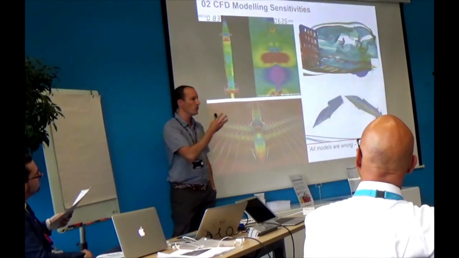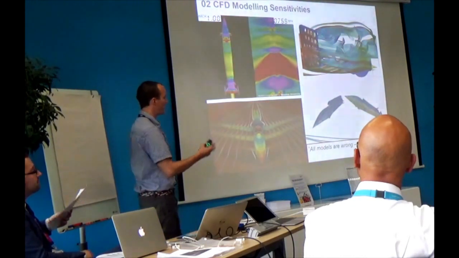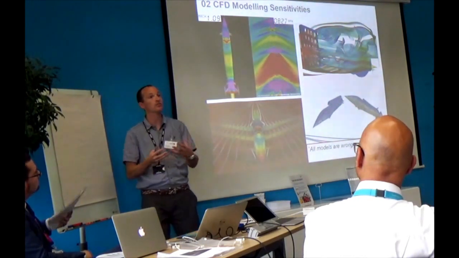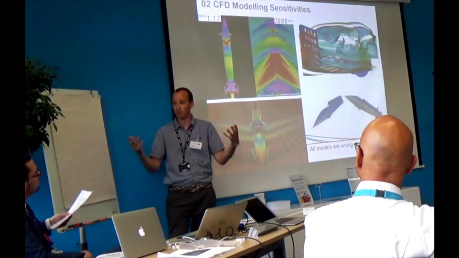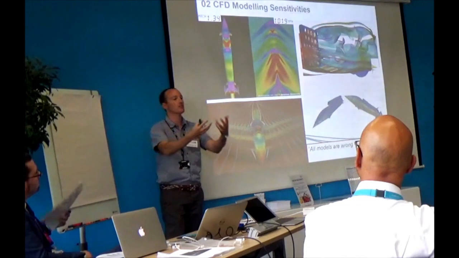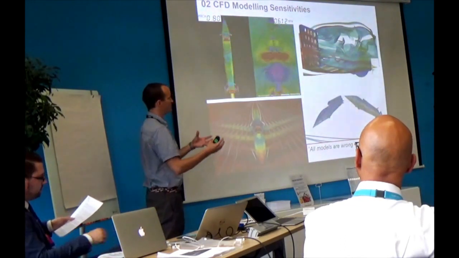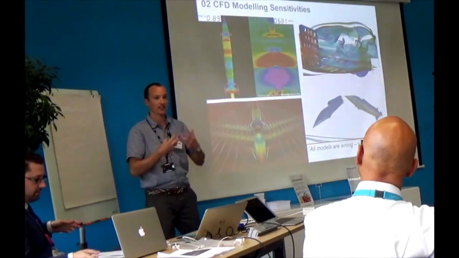So one of the things that we know is going to affect the ability of our models to accurately represent the behaviour of the car is the fact that the car won't be running through pure air. It will have a soup of particles and dust being entrained into the flow around the car. So one of the models we've developed specifically for this application is a high-speed particle entrainment model.